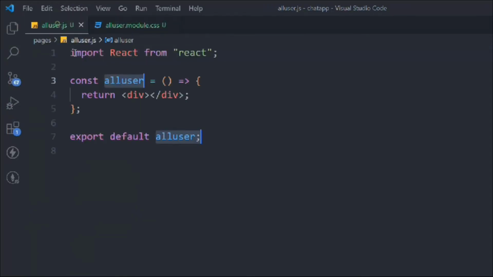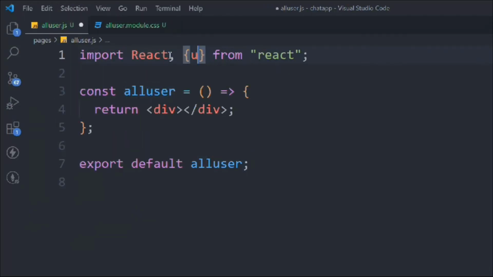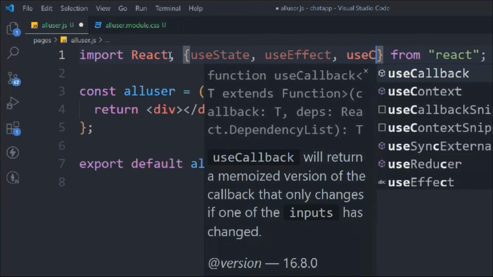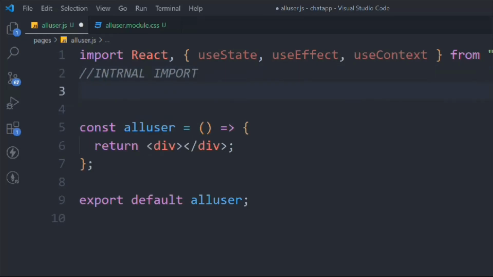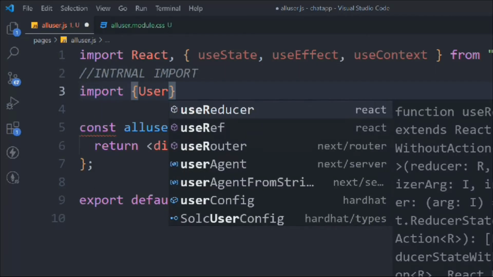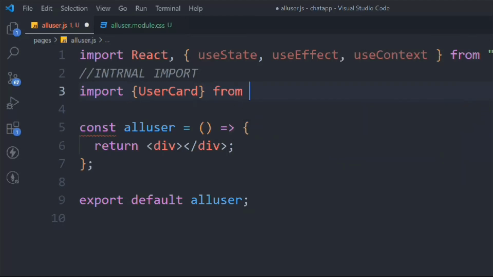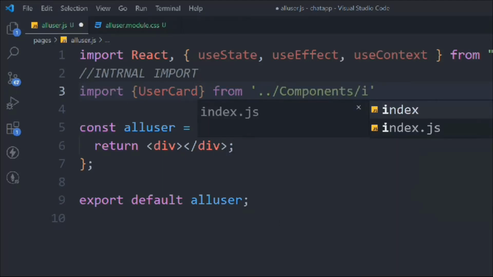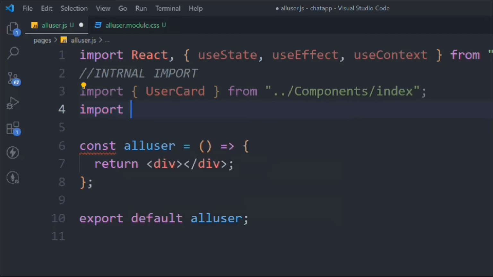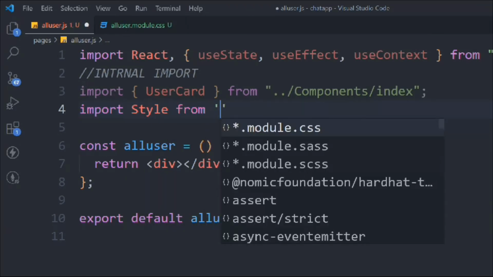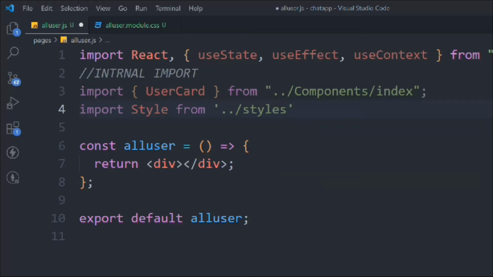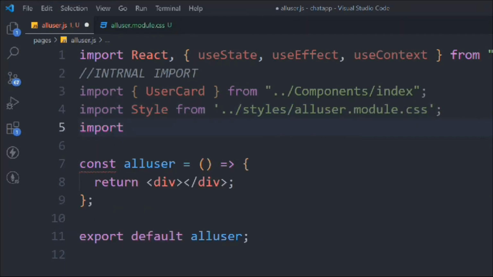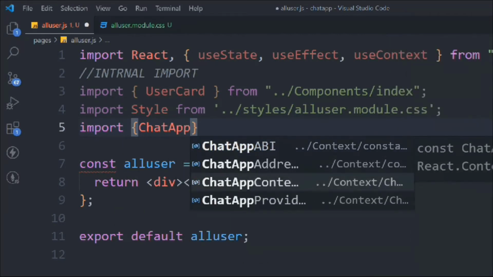That looks good. Now let's import a couple of things from React: useState, useEffect, and useContext. That's what we have here. Do the internal import. We have user card, that's coming from the index. Now we have to import the style file, and that's coming from the style folder. So where is it, style, and we have the all user module. We have to import the chat app context,